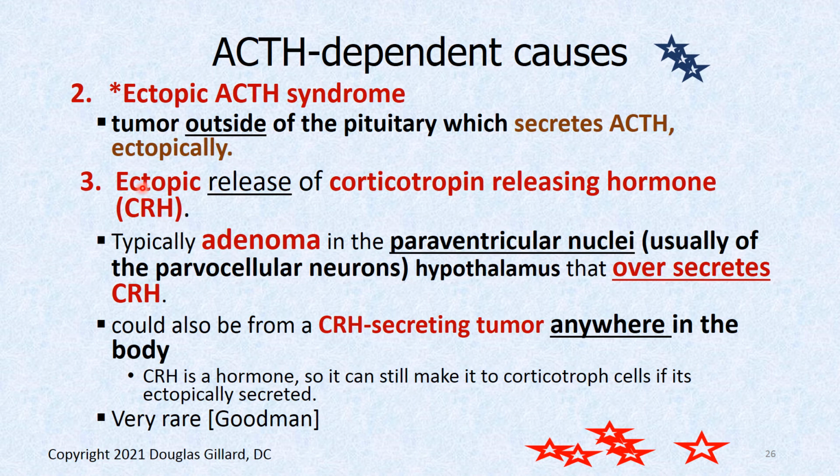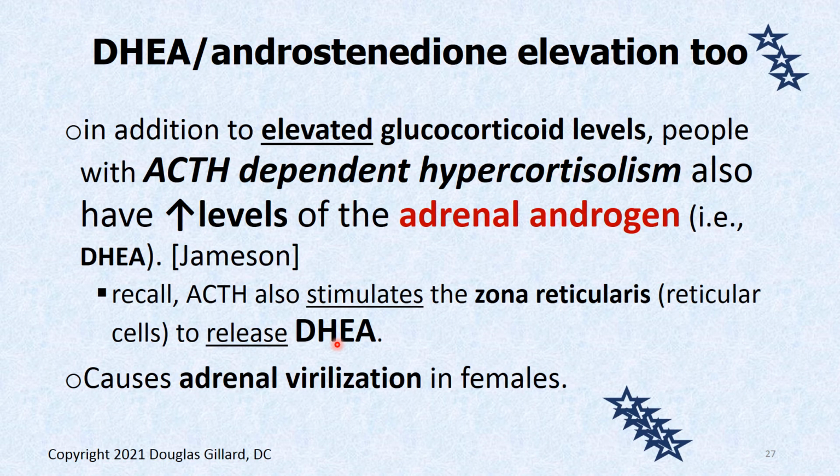And it's ectopia, so it could also be maybe that pancreatic tumor that secretes CRH. Because as long as the CRH gets in the bloodstream, it'll hit the anterior pituitary. So those are the causes, really rare. It's that anterior pituitary tumor that is the main cause of this. And the adrenal androgens, as I said, they're oversecreted too. Because if ACTH is coming out in globs, way too much volume, it's going to stimulate cortisol and the adrenal